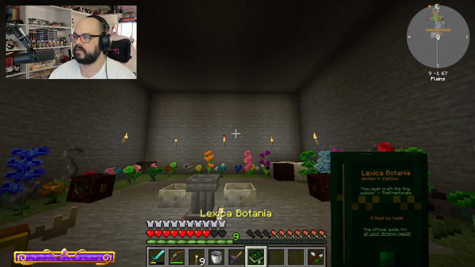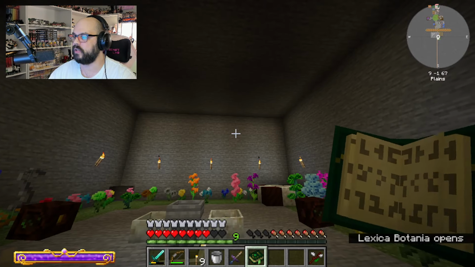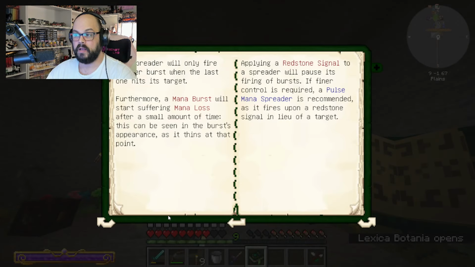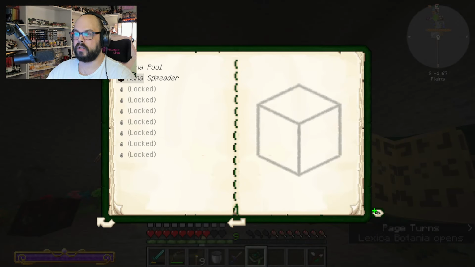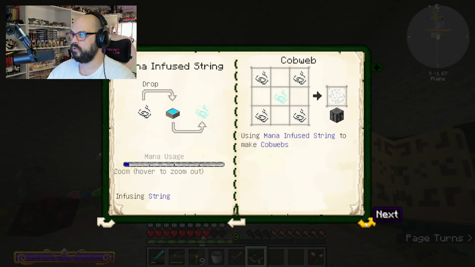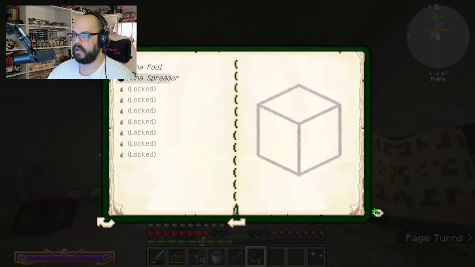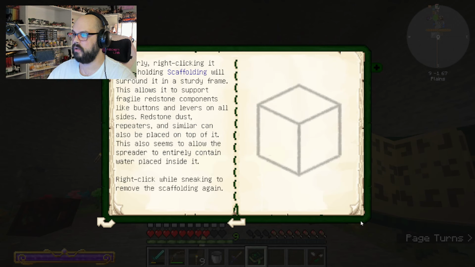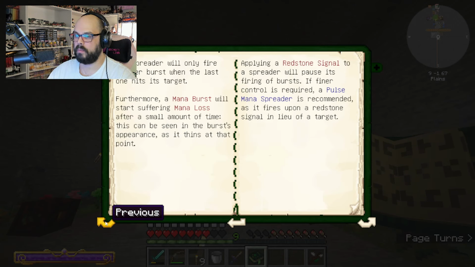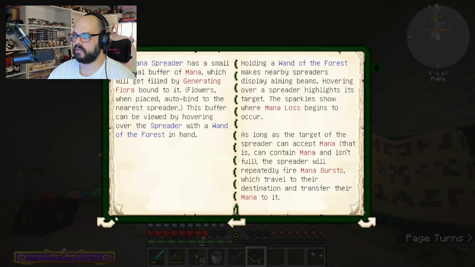Let's go to the Lexica Botania, and I love this thing. Watch when I close it. There's such good animation on this thing. I love it. So the Lexica Botania is going to talk about the mana pool and the mana spreader, and I don't believe it shows you in here. It might not. Does it show in the spreader section? It does say right-clicking the spreader with a piece of wool, blah, blah, blah. It does not tell you in...